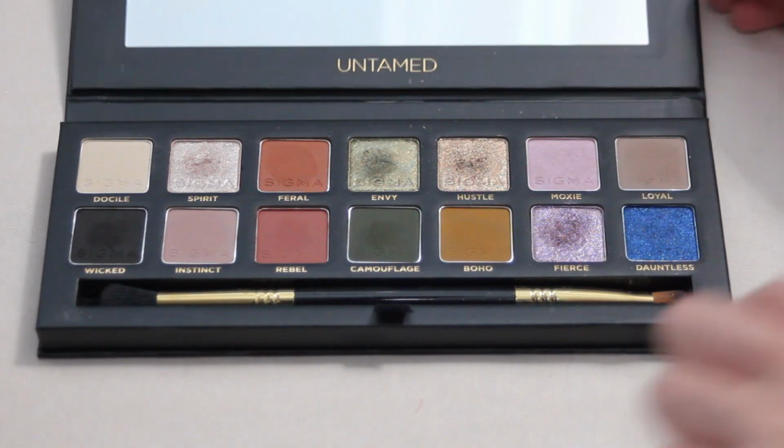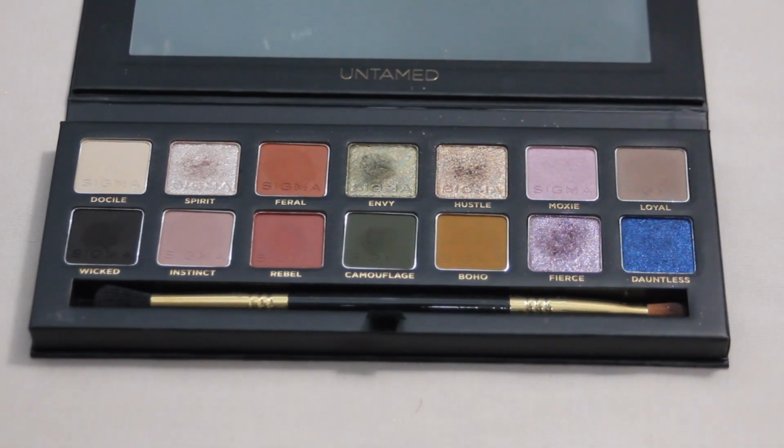Alright, then the last palette I want to talk about is the Sigma Untamed palette. So here is what this one looks like, and I will be honest, I think the reason this one ranks so low is just because I was slightly disappointed in it. I was super into this palette before I picked it up. I picked this up as a bundle on, I think, a Black Friday one year,